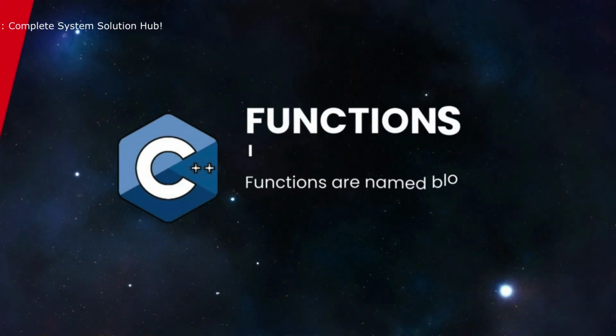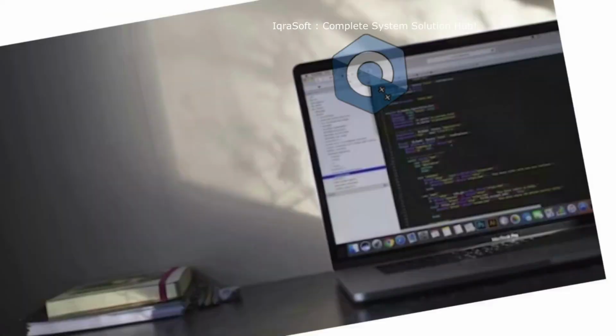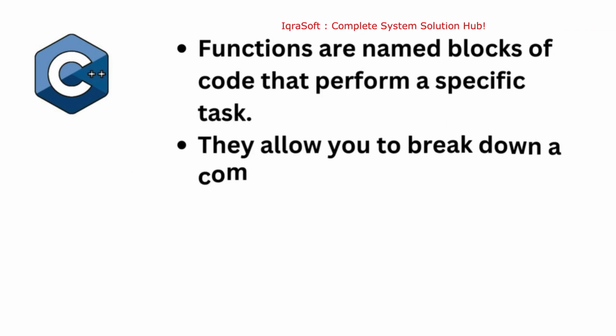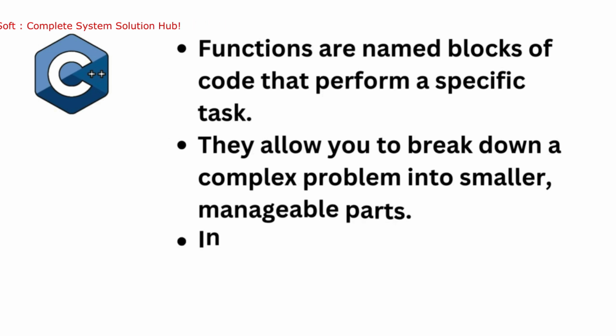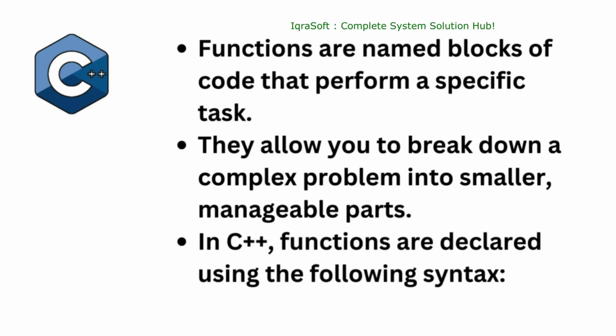Functions in C++. Functions are named blocks of code that perform a specific task. They allow you to break down a complex problem into smaller, manageable parts. In C++, functions are declared using the following